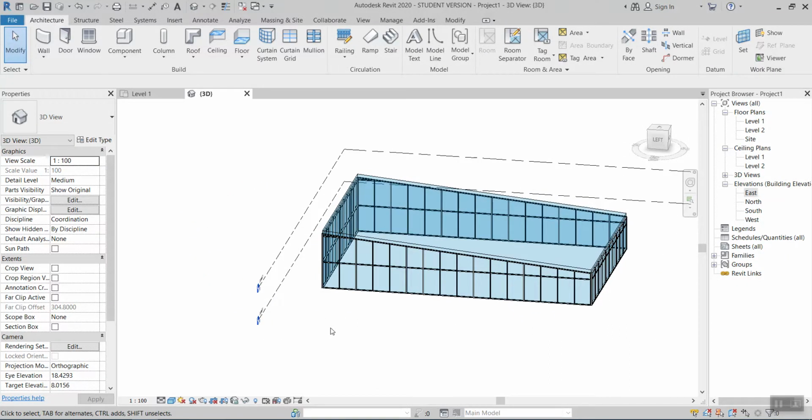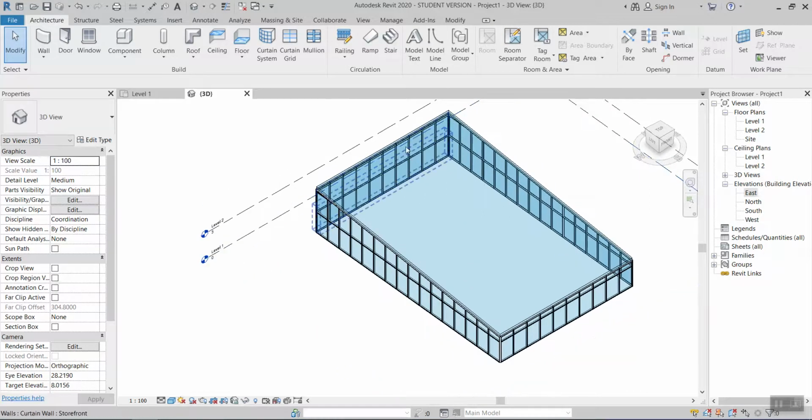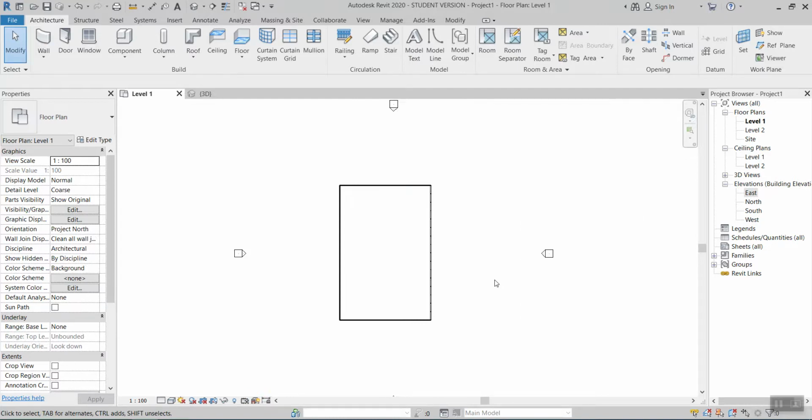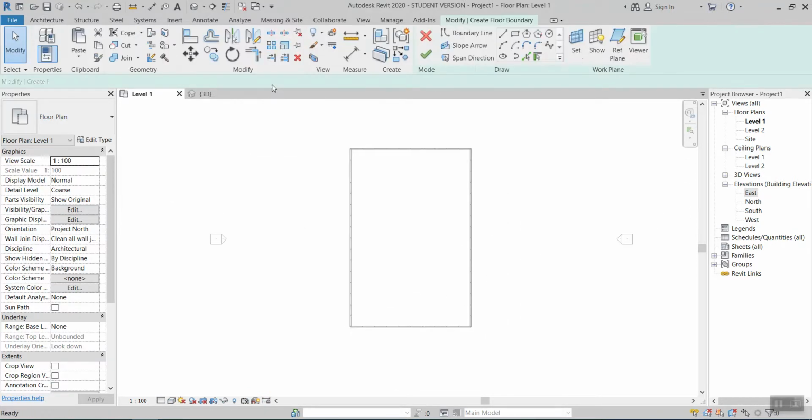What if I want to give it a floor? A floor is made of, let's say, concrete, or let's try different options. So I'm going to delete the roof. Actually, you know what, I'm going to leave it and go to level 1. On level 1 you cannot see the roof, which is good. Let's try the floor architecture,